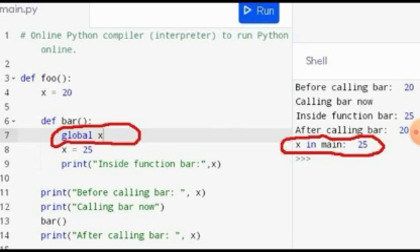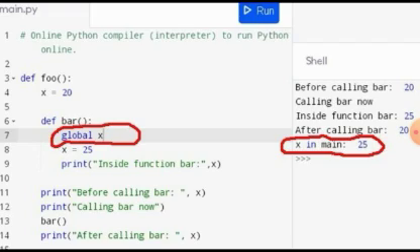Because this bar function is a nested function, outside the bar function this global variable will not exist. This global variable will not be accessible. But as soon as we move on to the main function, this global variable will again be accessible. So what value of x will we be able to access in the main function? It will be the value of the global variable. That is why in the main function we will print the value as 25.